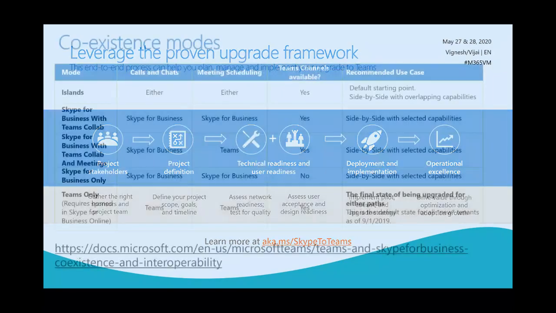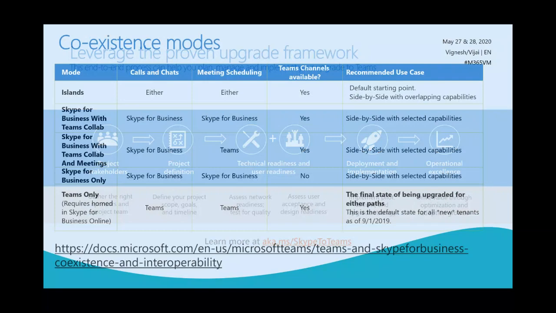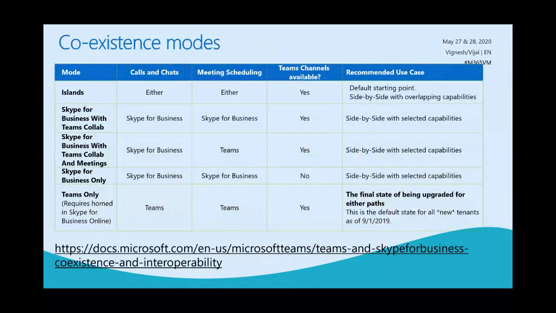Now, before we speak about the technical side of things, let's try to understand the different coexistence modes or the upgrade modes. We call this either coexistence, or you can even call this upgrade modes, right? And your tenant can be on either one of these modes. You can either be on Skype for Business only, meaning all your users are just on Skype for Business only, or you could be on Teams only mode, meaning everybody is using Teams only, or you could be on